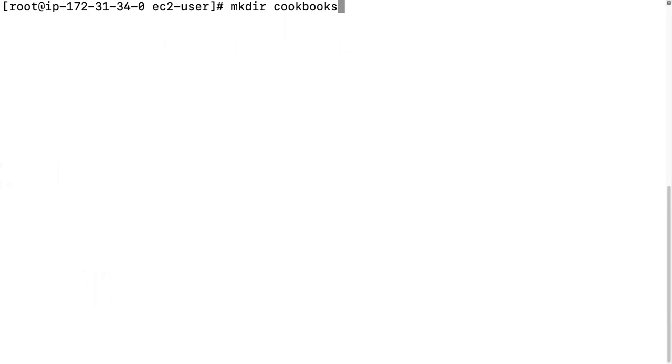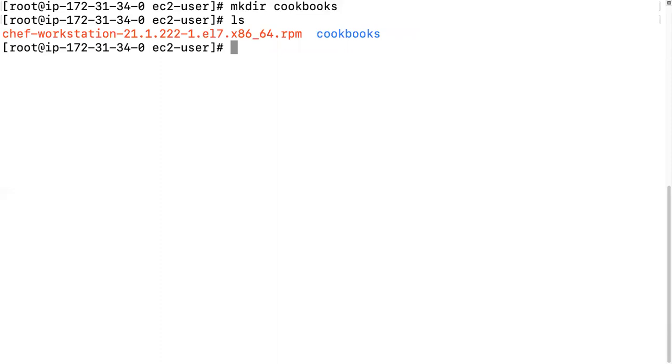Okay, my directory is created. ls. We have cookbooks. We need to go into the cookbooks directory, cd cookbooks, and enter. So this is the default directory for all cookbooks.